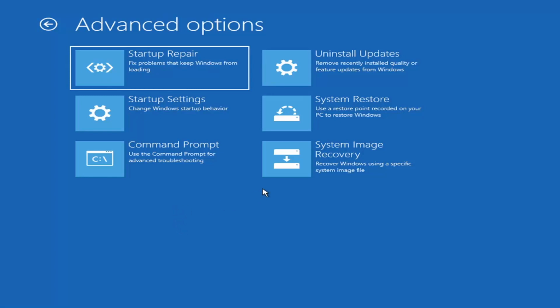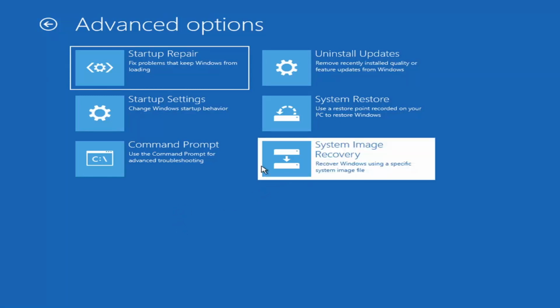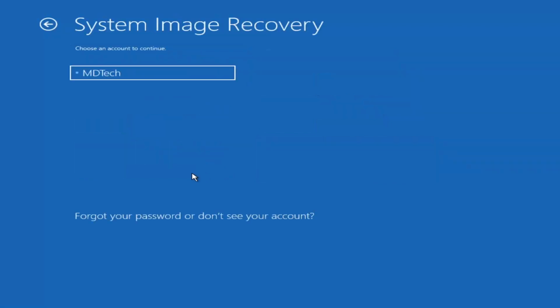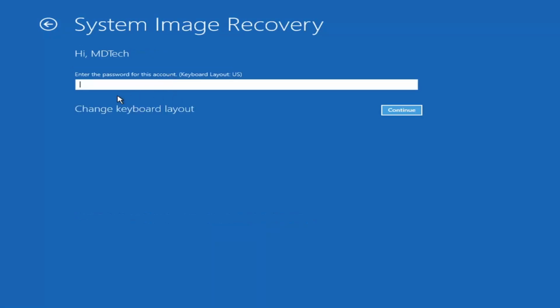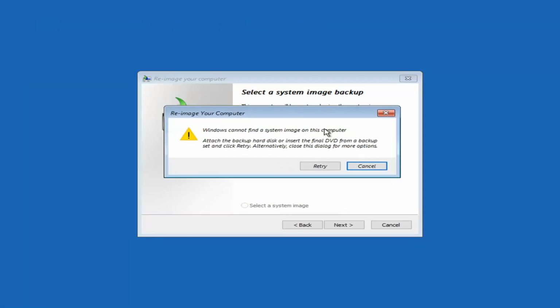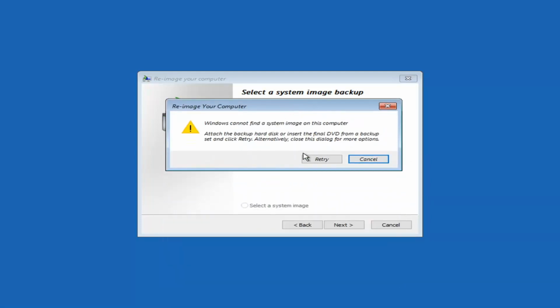Another thing too, you can try the system image recovery option, which if you have a saved CD or DVD of a backup, you're welcome to do that. It's more common if you had an older version of Windows, like the Windows 7 Backup and Recovery option. Not as common, most of you probably don't actually have that here, but I will just go ahead and type it in, select continue. Actually, I don't even have a password on here. And anyway, you can see there's no system image on this computer, and if you had a backup DVD or some other external hard drive that you can connect to, you could do that through here